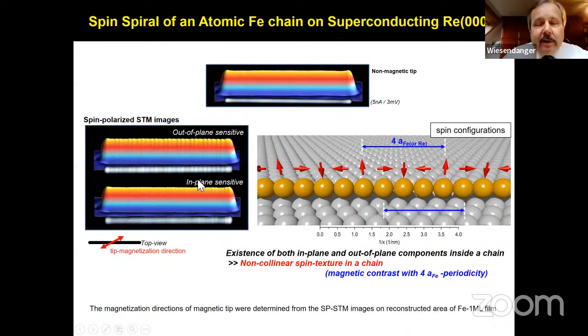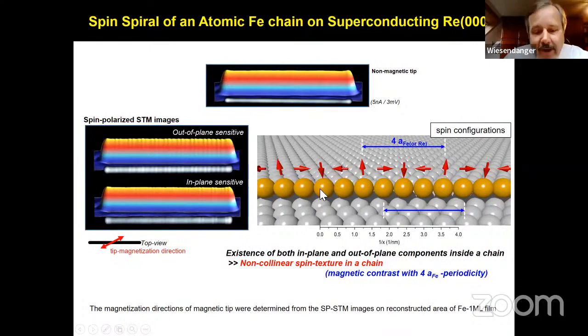And this in the end was recently applied by our group to create artificial spin chains of iron. They are monatomic spin chains now on superconducting rhenium. That's exactly the ingredient as theorists proposed for looking at emergent Majorana states in such kind of hybrid systems. And indeed, we showed that for monatomic iron chains on rhenium, due to large interfacial DMI, we got also very short period spirals with only 4 atom periodicity, meaning we have only 90 degrees orientation between the magnetic moments of